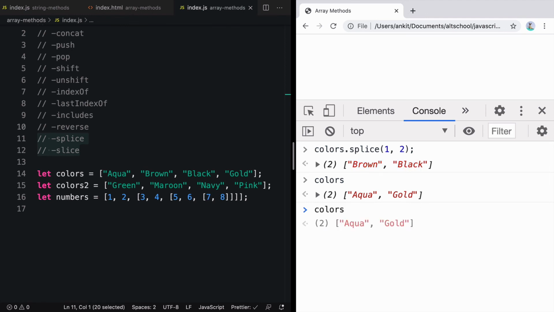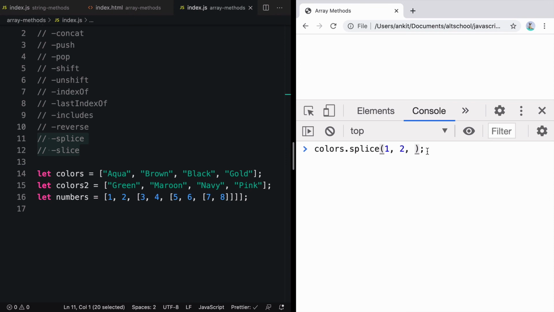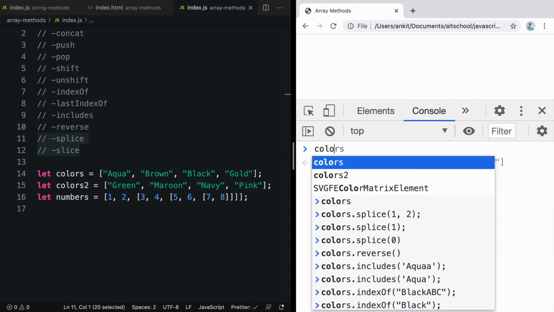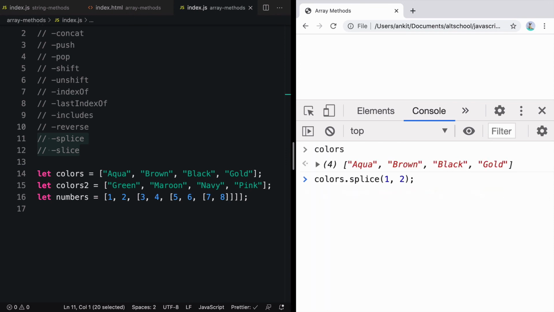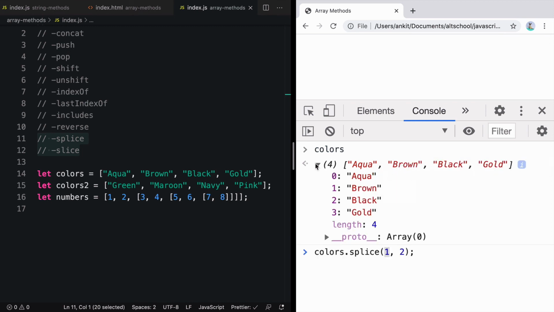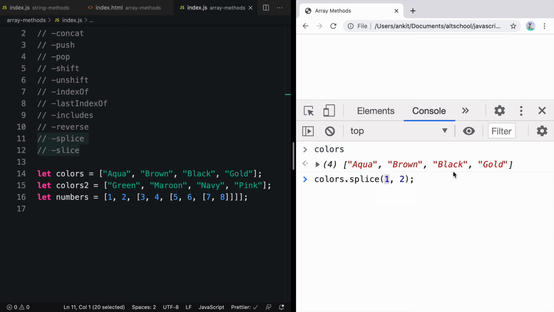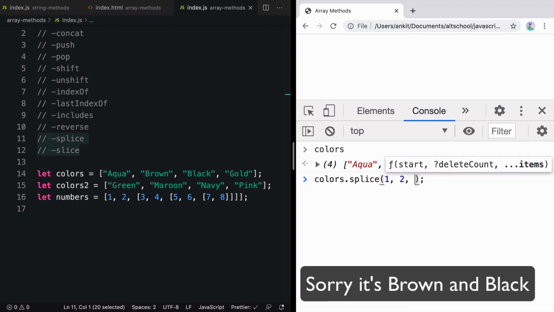One more thing to notice about splice is that it also accepts a third parameter. So you want to start from 1 and delete 2 elements, but do you want to add something instead? I'm just going to refresh the page, look at the colors value, and here I'll say start from index 1, that is brown, delete 2 elements, that is black and gold, and add 1 element, that is white.